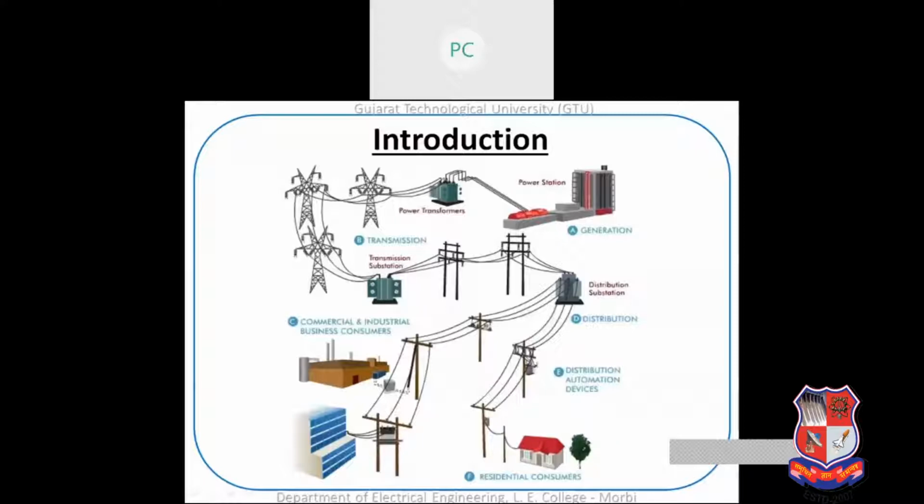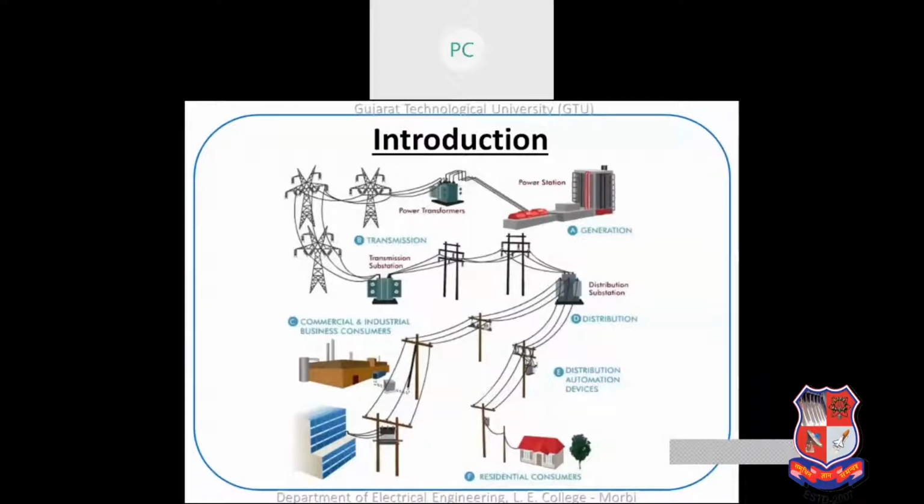If you see here, starting from A, and it follows in the same order, so we will start from the A. We know that power system is basically a system which deals with the power. So here if you see, the system starts from the generation, then it is transmission, and then it is distribution. So power system, as we all know, is divided into 3 parts: generation, transmission, and distribution. Now if you remember the earlier part of the subject, we know that at generating station we are generating the power. So what is the next task for us?